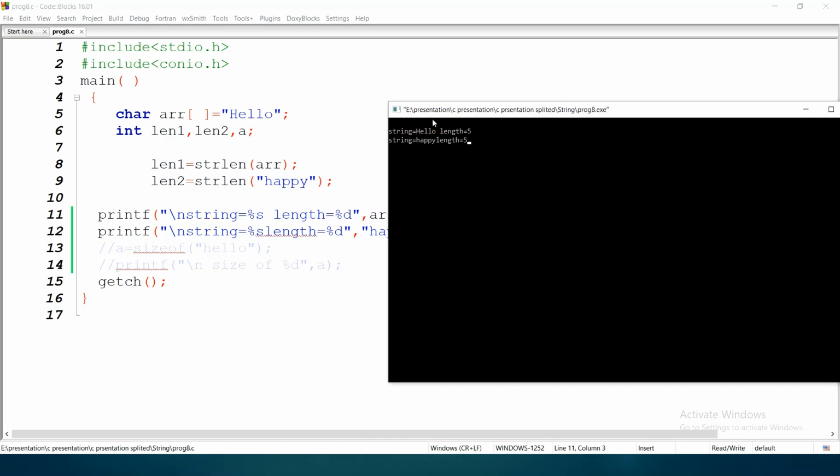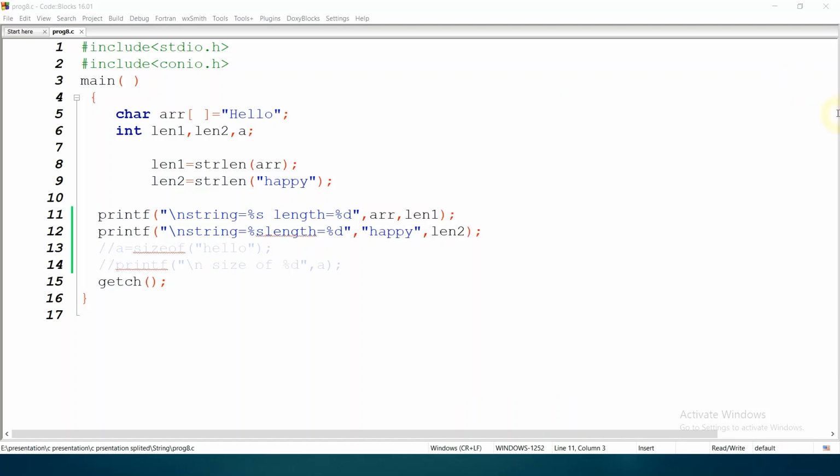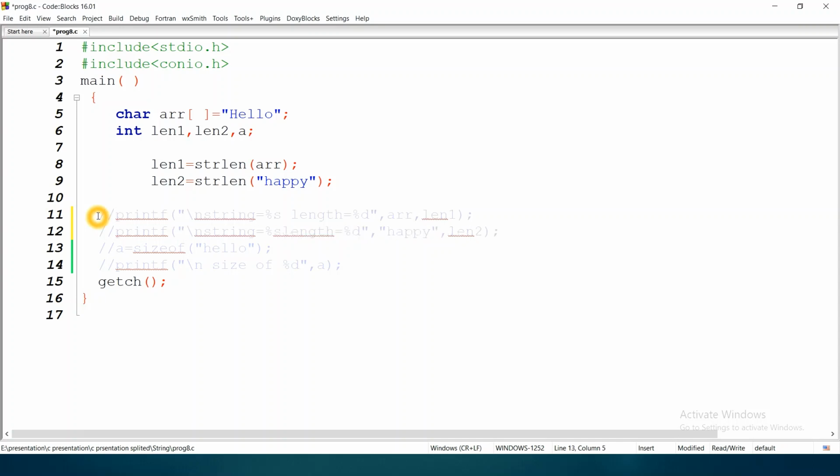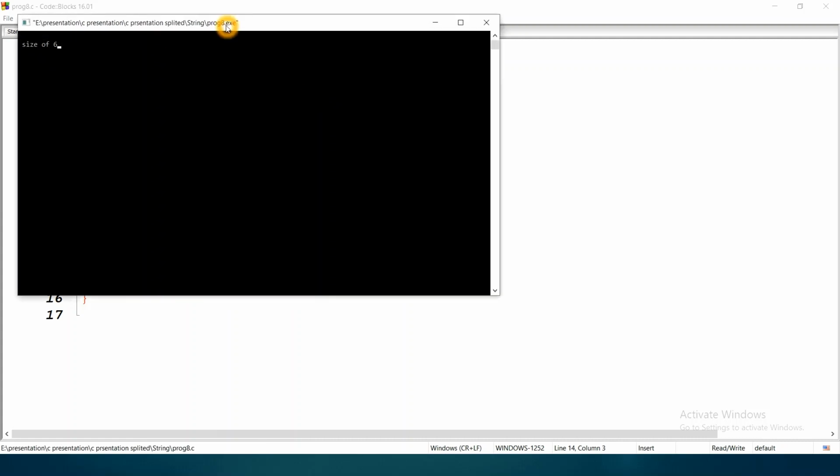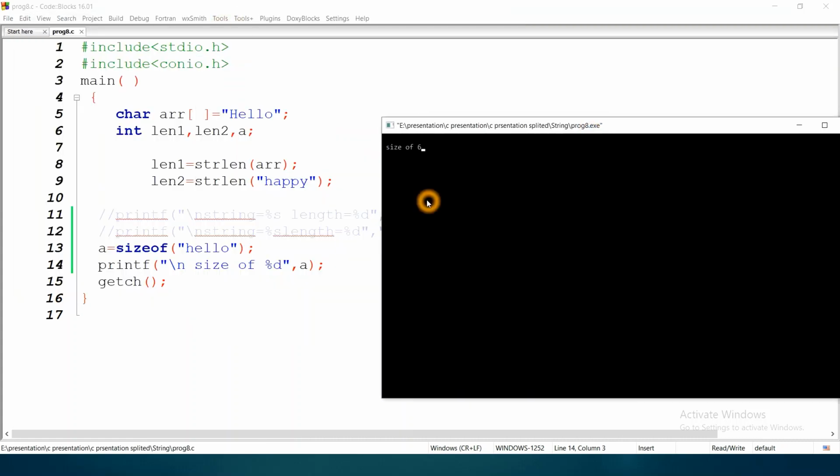Now what is the difference between strlen and the sizeof operator? If I write sizeof of this string in place of strlen and print the size, see, sizeof hello gives 6.